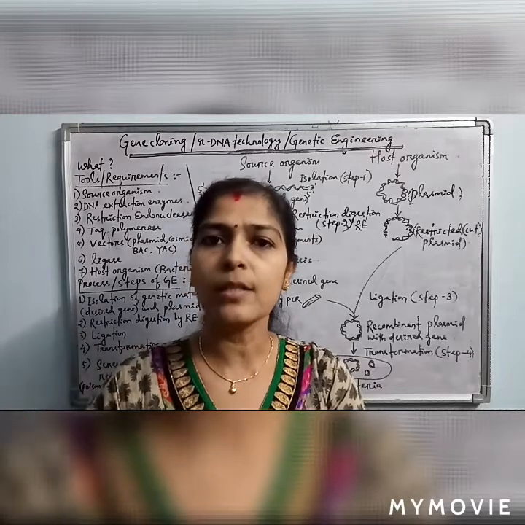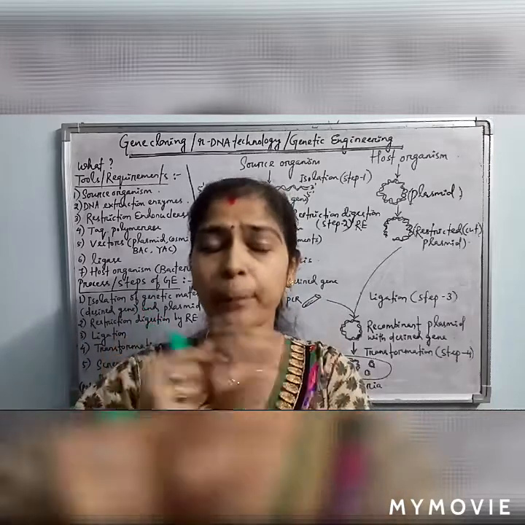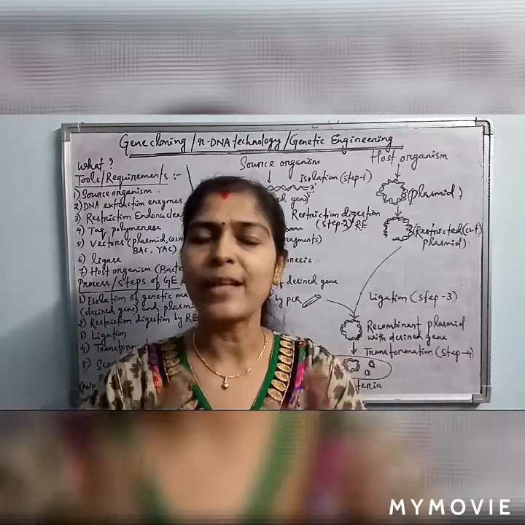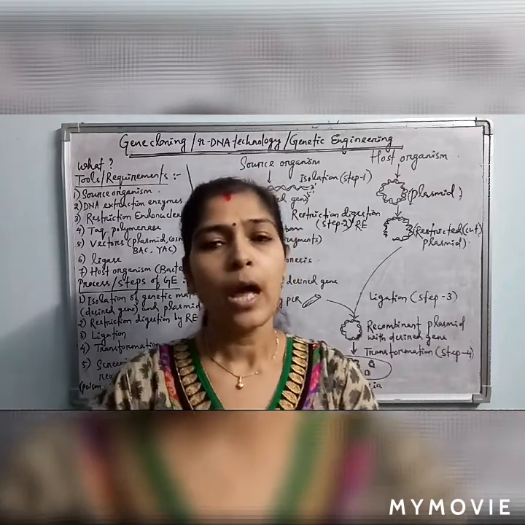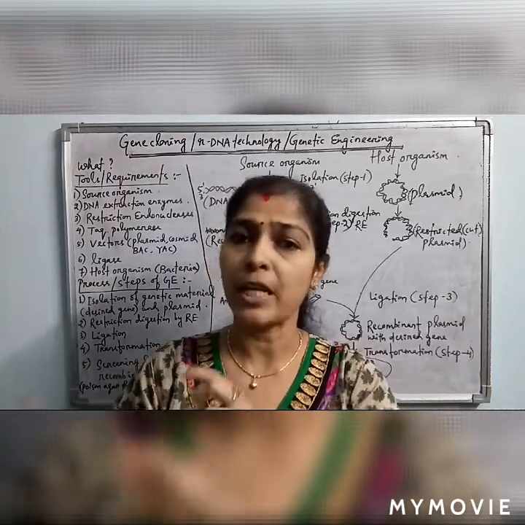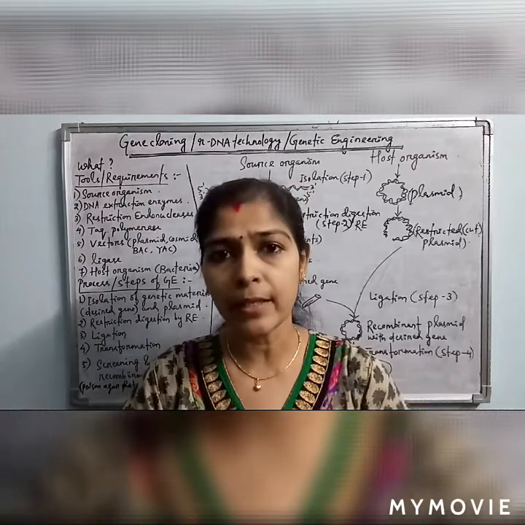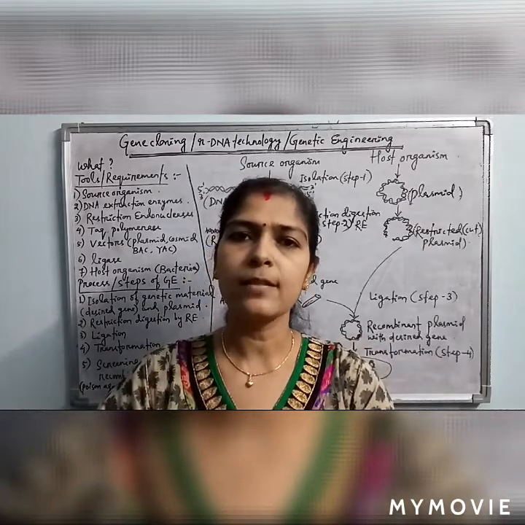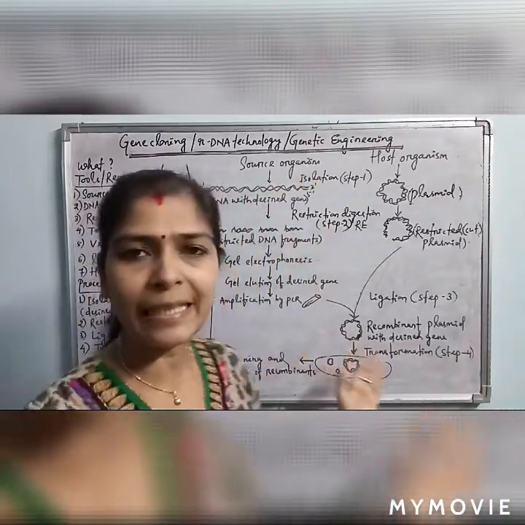Why? Because due to insertion of the desired gene, the LacZ gene present in the multiple cloning site of the plasmid is inactivated. So these are two steps for screening and isolation of the recombinant transformed bacteria from the non-recombinant transformed bacteria. We have to proceed forward with the recombinant transformed bacteria, in which the plasmids are there with the desired gene, and these plasmids will automatically multiply inside the bacteria and will also be carried to the progeny bacteria. So in the bacterial solution, the desired gene will automatically be multiplied. Let's discuss all these things in detail from the diagram.